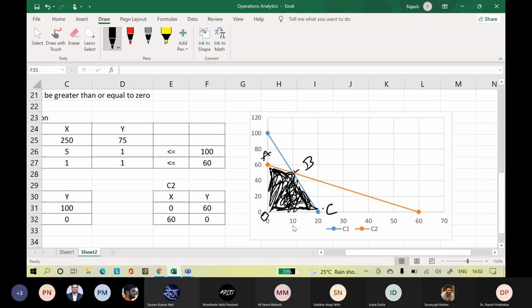Now we need to calculate. There are 4 points: point 0, point A, point B, and point C at the feasible region area. So we have to find the value at point 0.